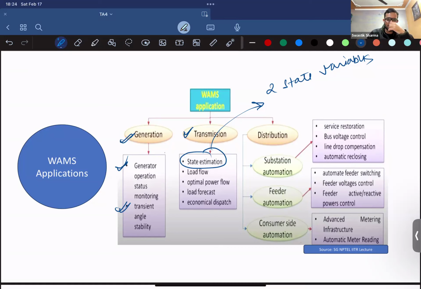Anyone? There are two state variables. I told you, right? Sir, voltage with the angle and network parameters configuration. No. Network configuration is not a state variable, right? Network configuration won't change in real time. It's just the voltage